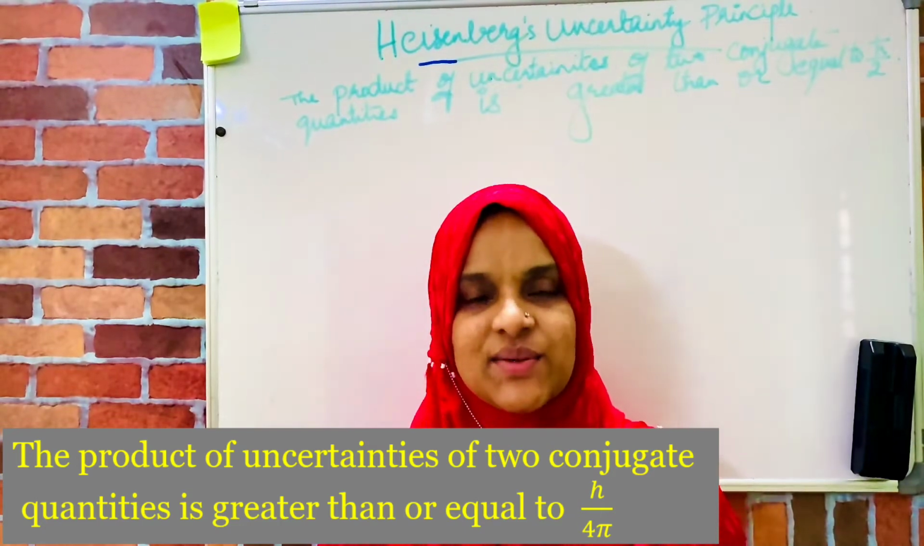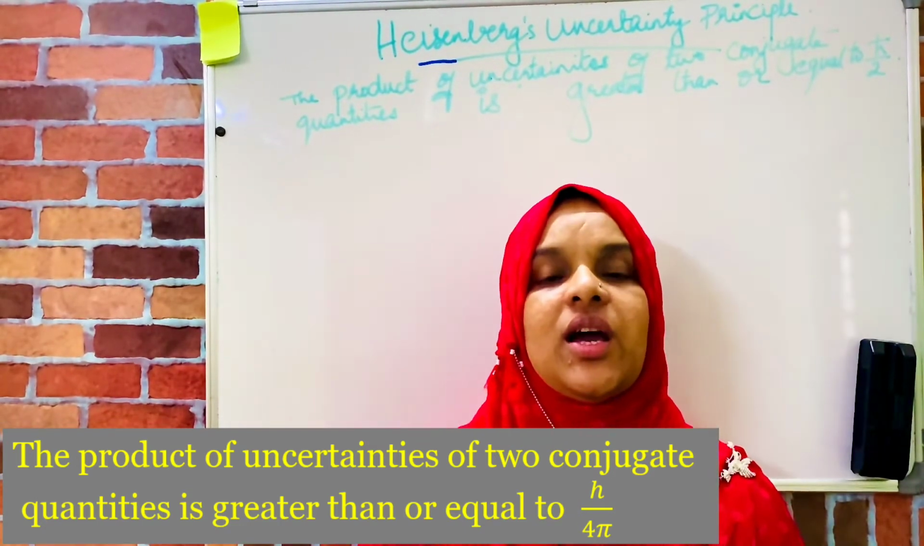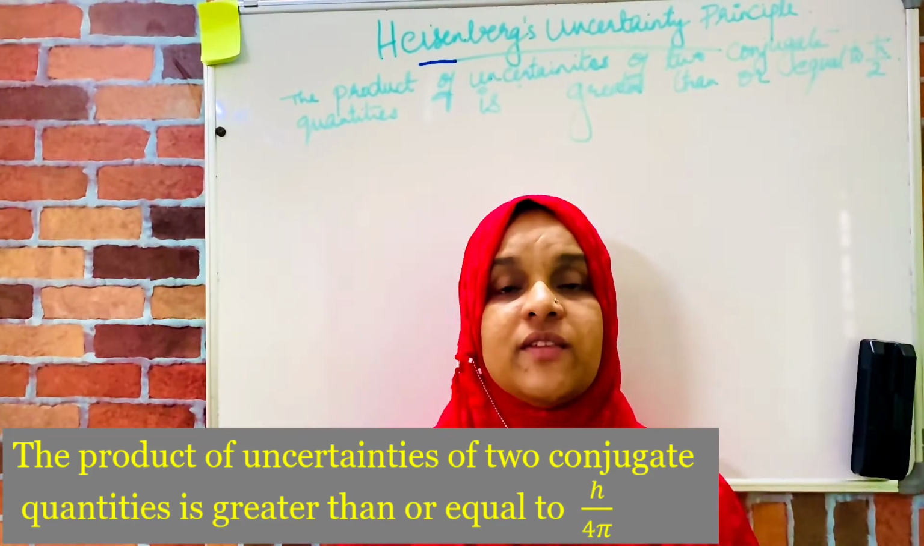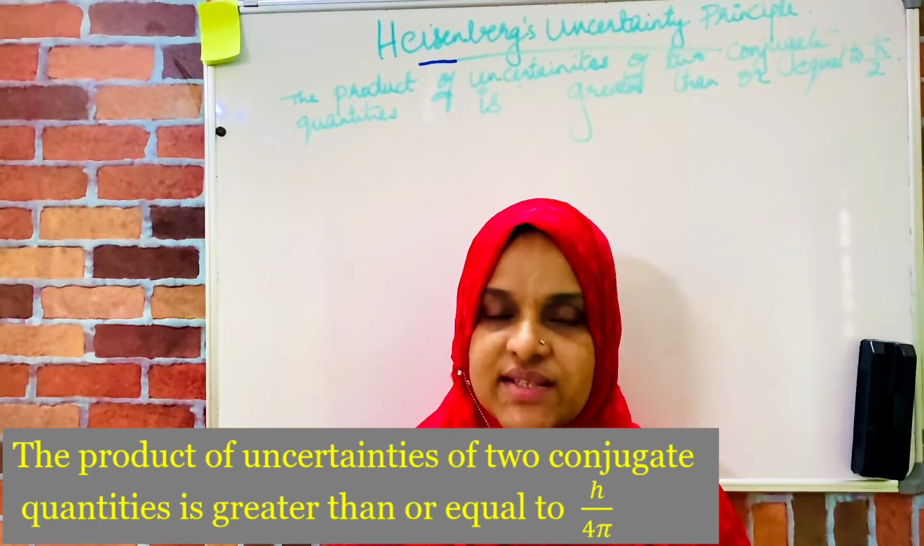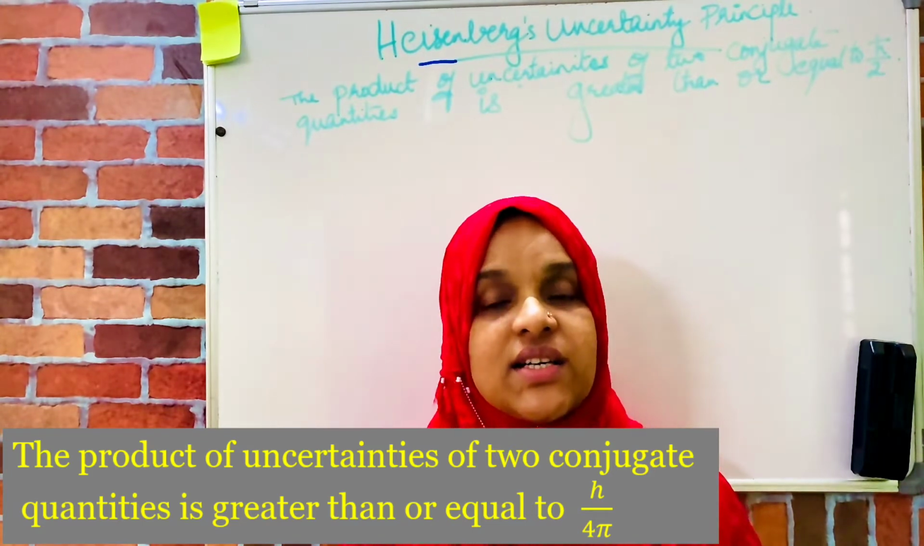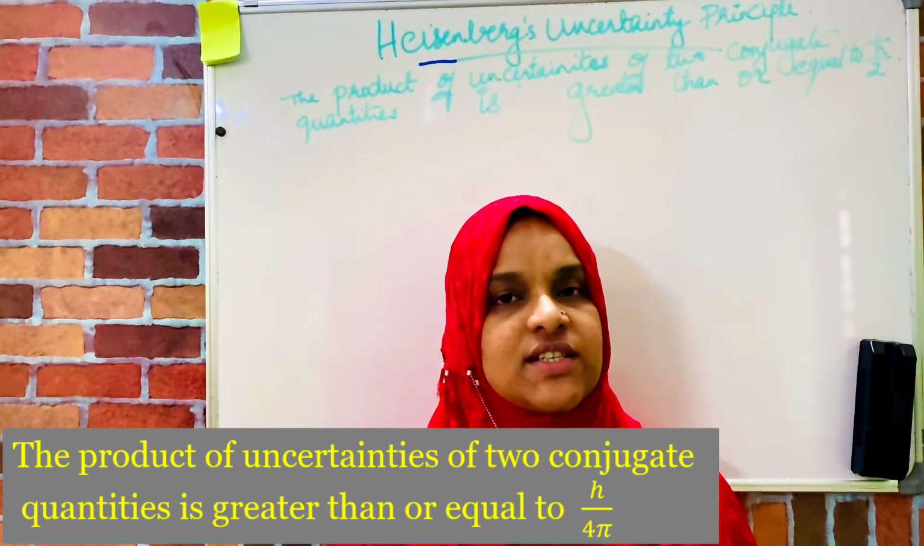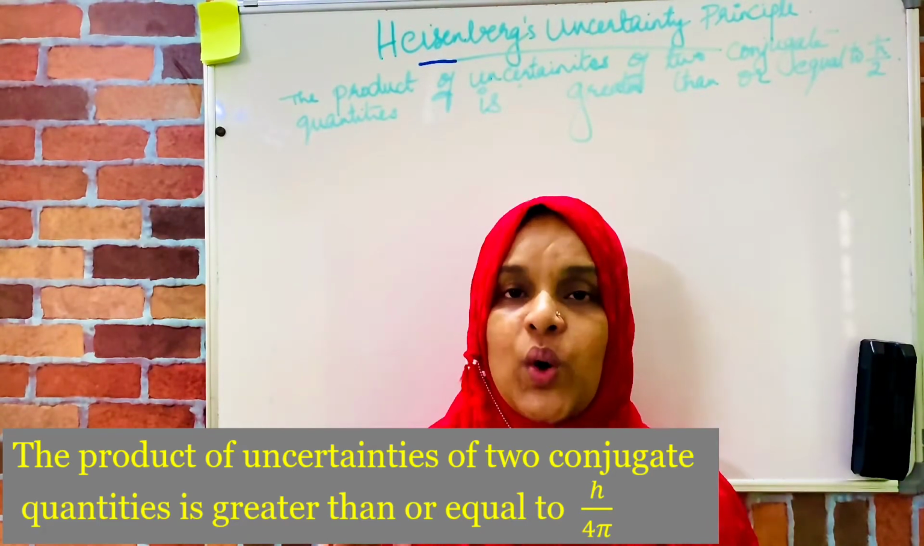To my next class on quantum mechanics. Today I am going to explain about a principle put forward by Werner Heisenberg in 1927, that is Heisenberg's uncertainty principle. The statement of Heisenberg's uncertainty principle is that the product of